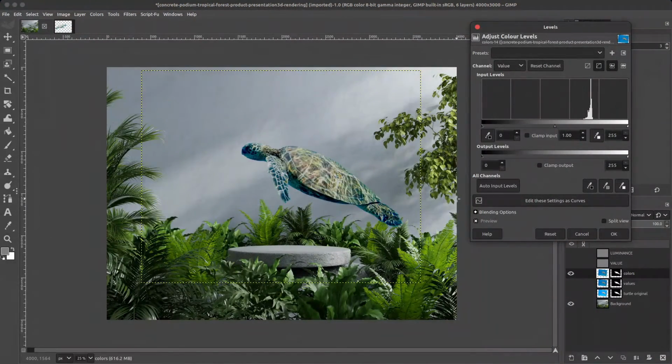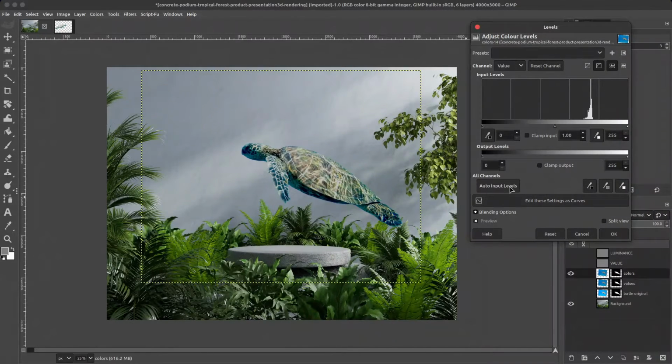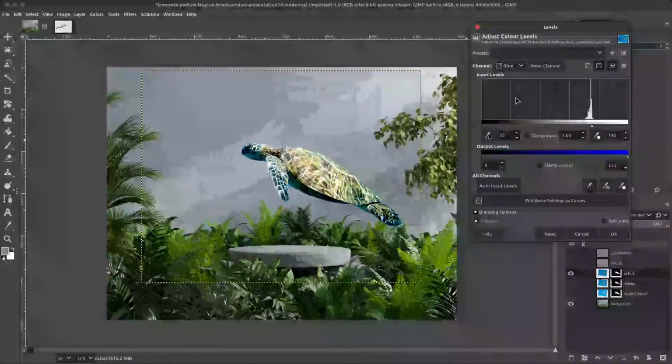And one quick way to go about this, that could work for you, is to simply use the auto input levels, which is essentially like doing white balance. So it is trying to bring the colors back to their natural look. And this is what we would get. Now, you can go ahead and use the auto input levels and then try and reverse engineer what it did. You can see here it's pushing the reds a bit, pushing the greens a little bit as well,